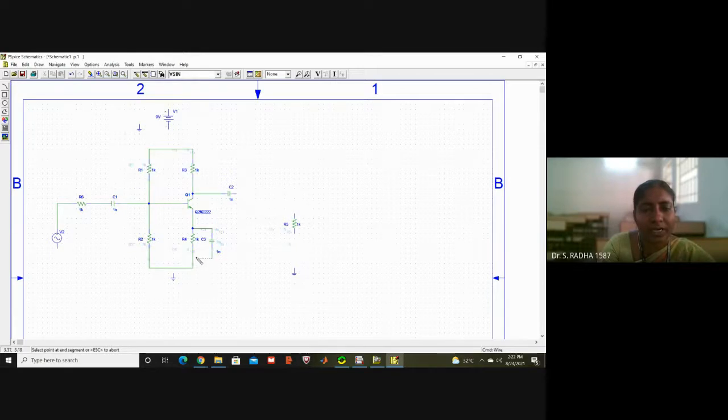The value 1 nano is written. We will try to change the value. The resistor at the output side, these are extra components I am putting, which were not there in the circuit. I will show you the circuit once again. And here what I will do, I will just rotate it.